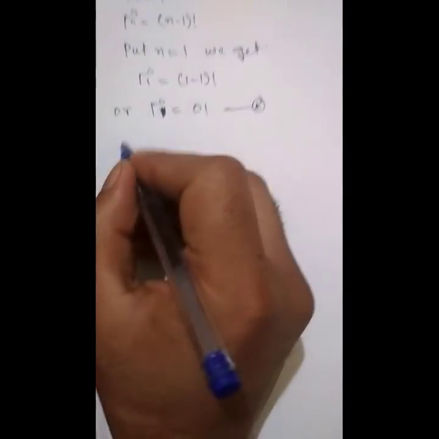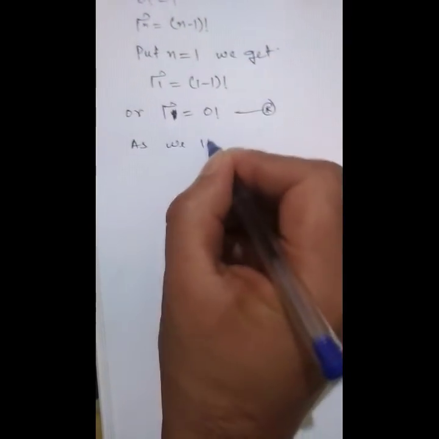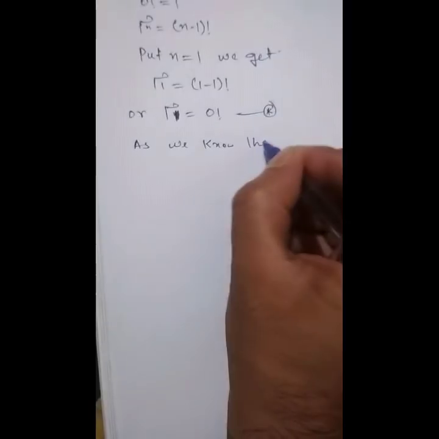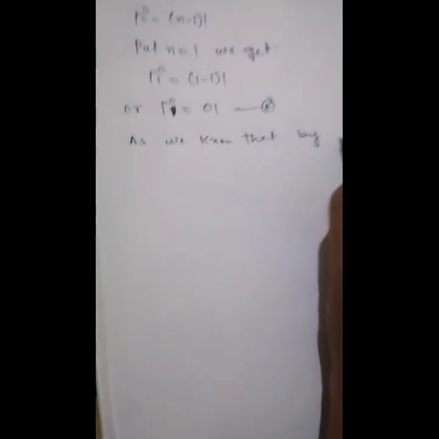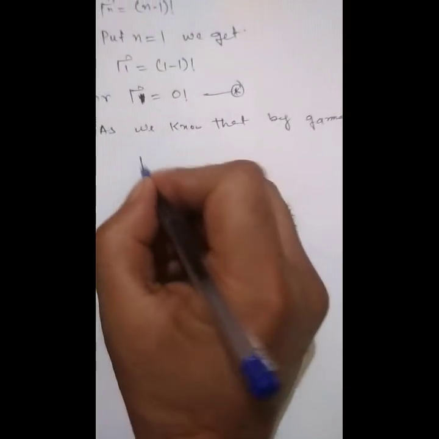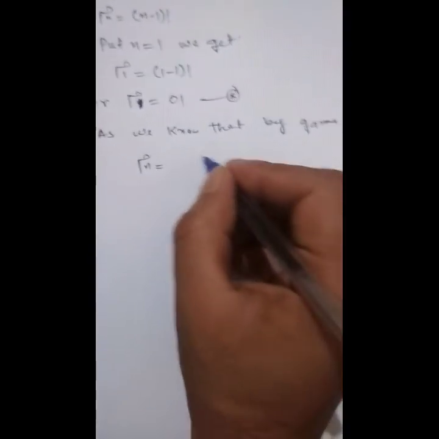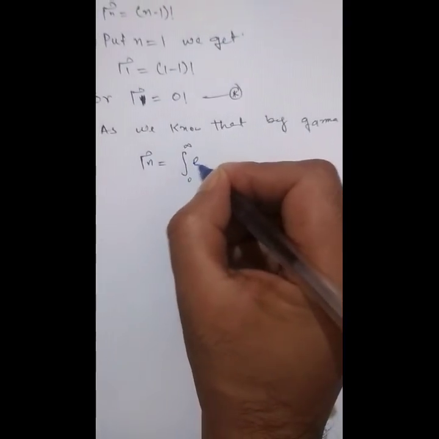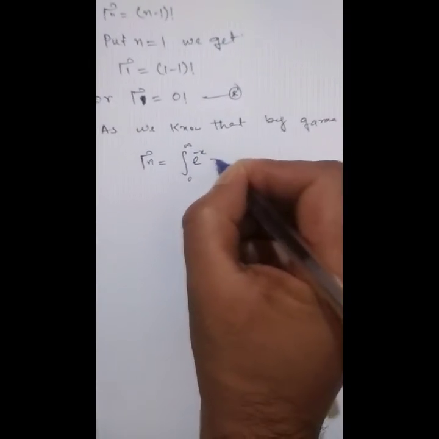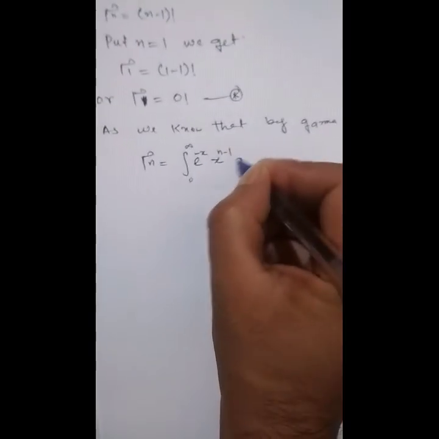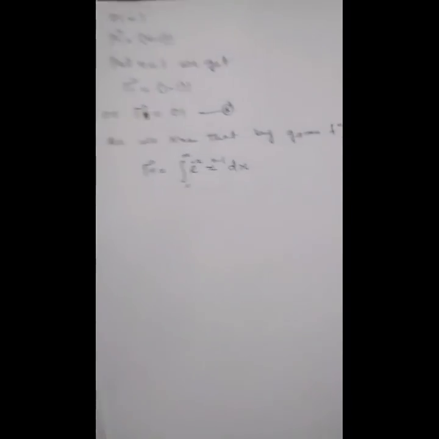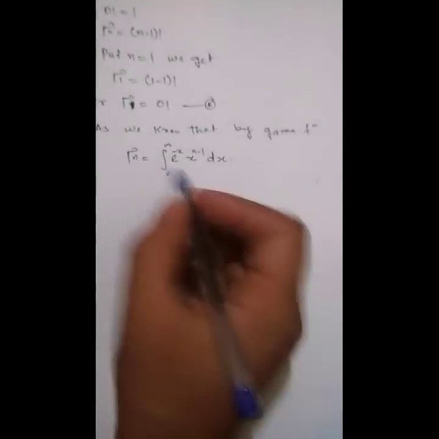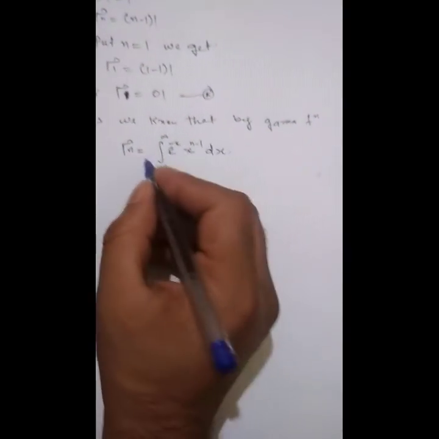Now, as we know, by the gamma function, gamma of n is equal to the integral from 0 to infinity of e raised to power minus x times x raised to power n minus 1 dx. This is the definition of the gamma function for any number n. So using this concept, we have